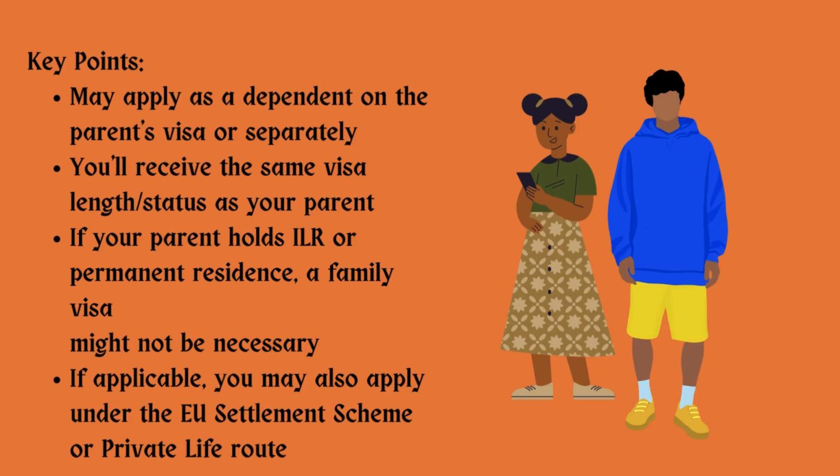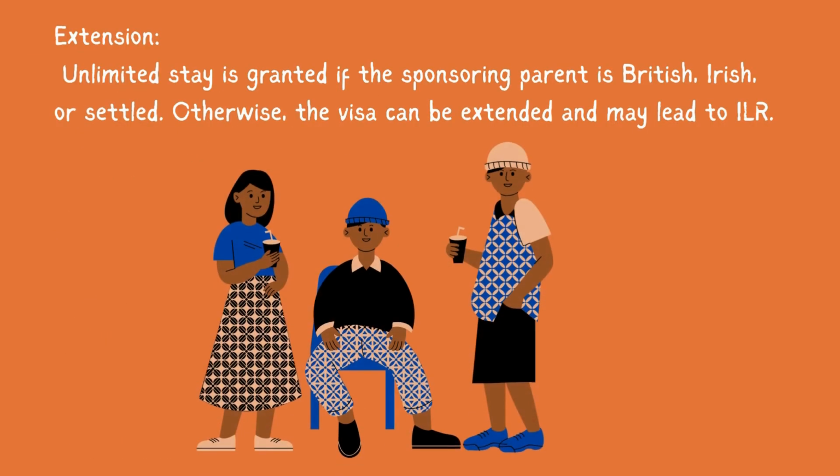If applicable, you may also apply under the EU Settlement Scheme or the private life route. Extension: unlimited stay is granted if the sponsoring parent is British, Irish, or settled. Otherwise, the visa can be extended and may lead to ILR. D. Adult Dependent Visa, for adult relatives who require long-term